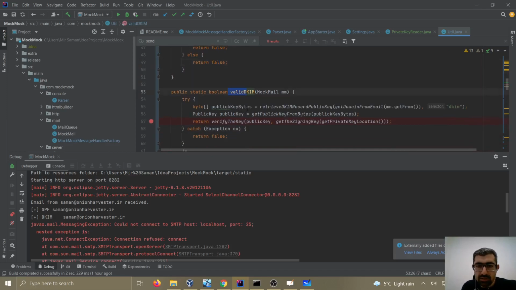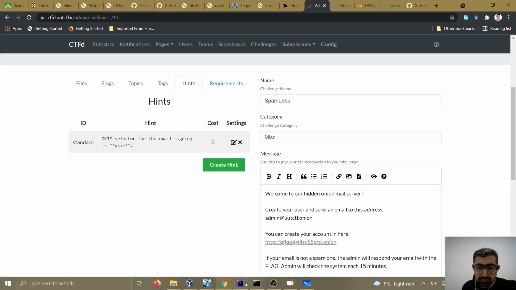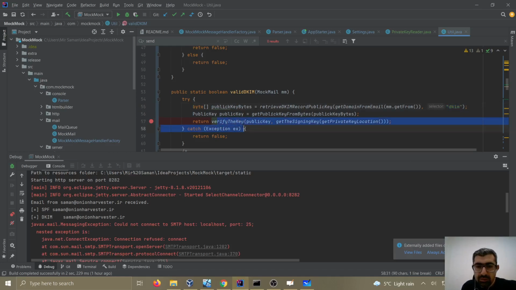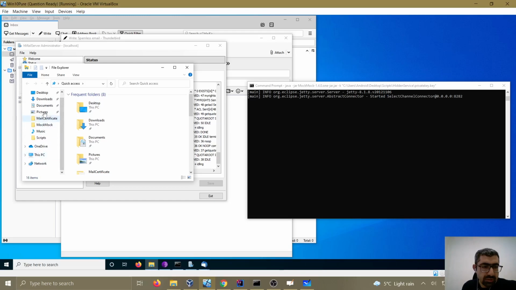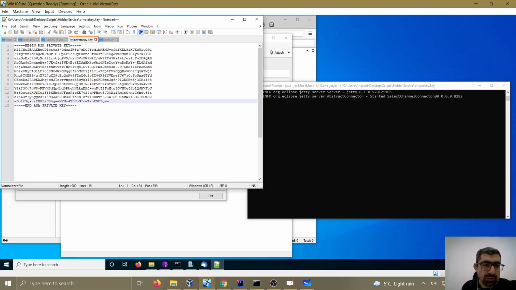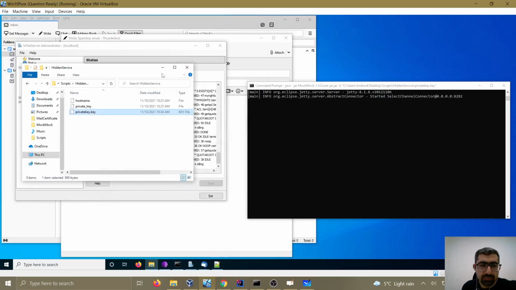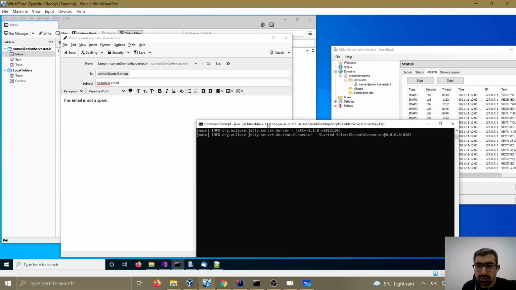And again, for DKIM, I get the public key from the domain with the selector DKIM, as it was given to us from the hint here, and then it verifies the key with the private key that it has of its own. I mean this private key of the hidden service, in the script, hidden service. This is the private key for the public key of the hidden service. Okay. So if both are correct, I should receive the flag. If not,